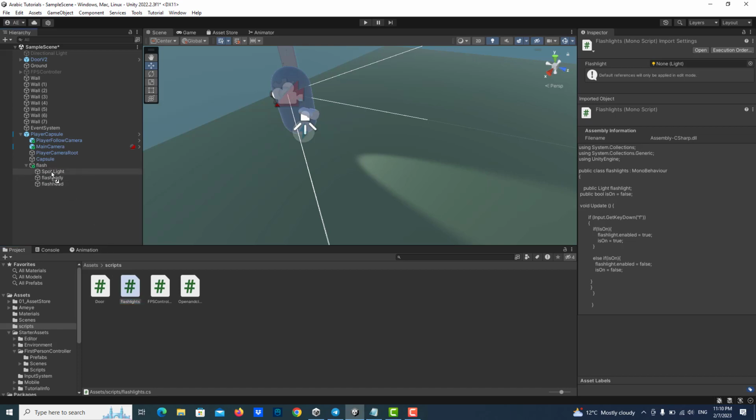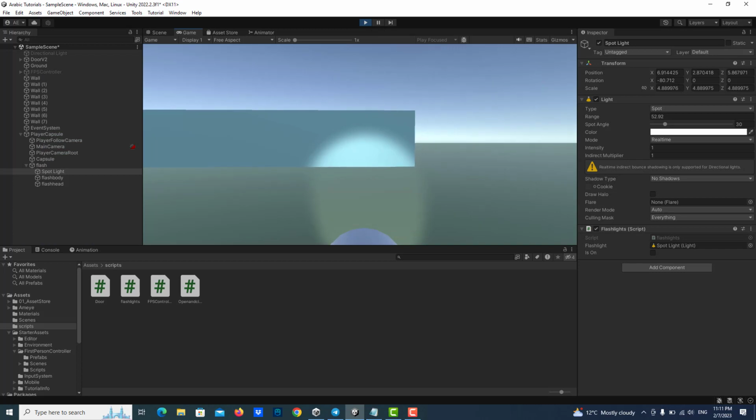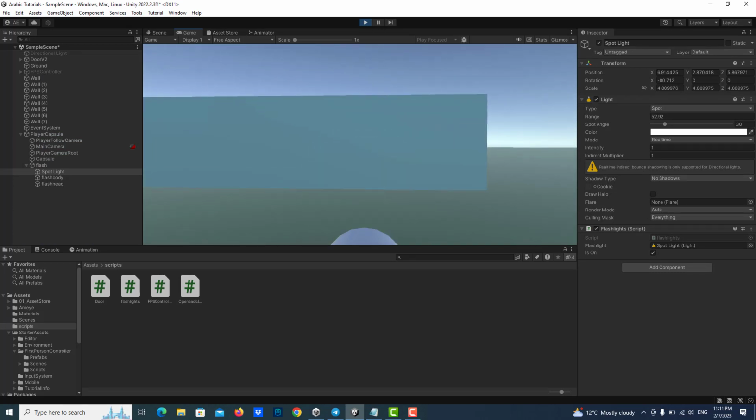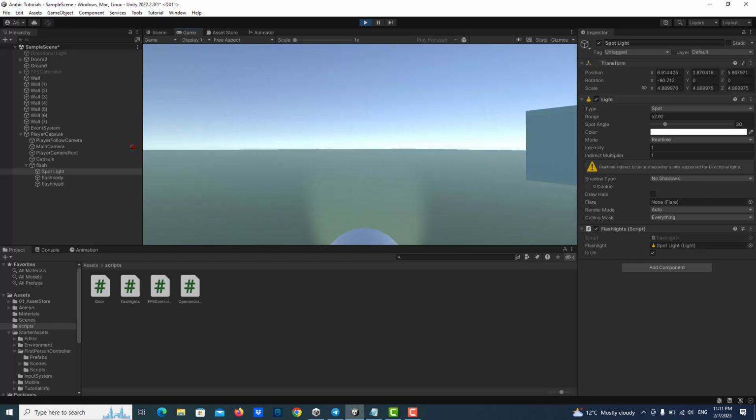So hold it and put it here. Now open the spotlight. You can see the script here. You can take the spotlight and put it here. Now let's run the game and see. Now if I press F, it will work. If I press F again, it won't work. Like this. Here's a simple way to